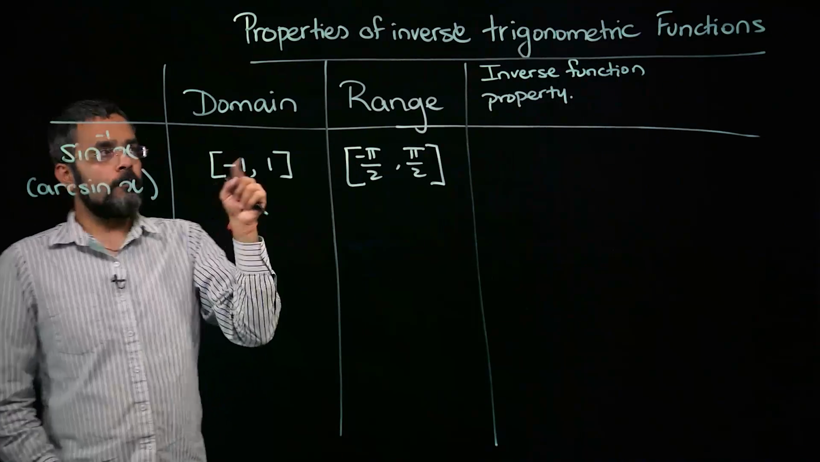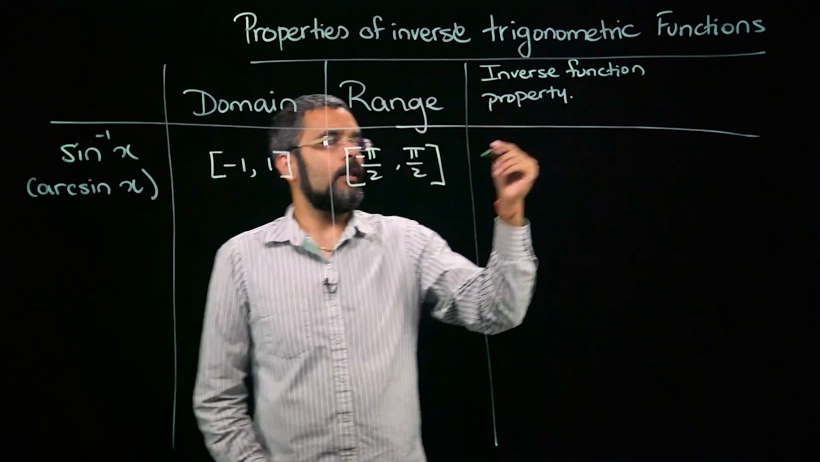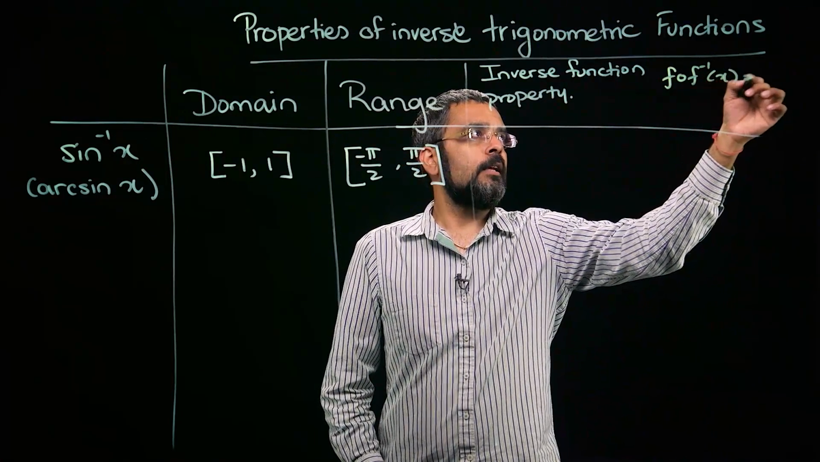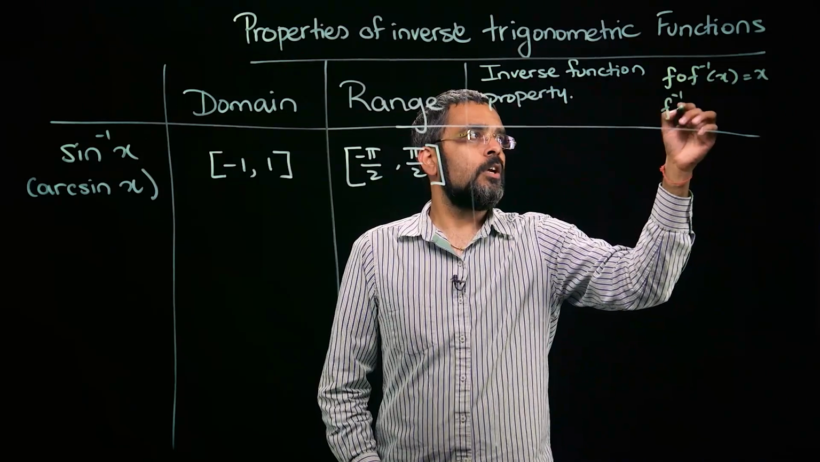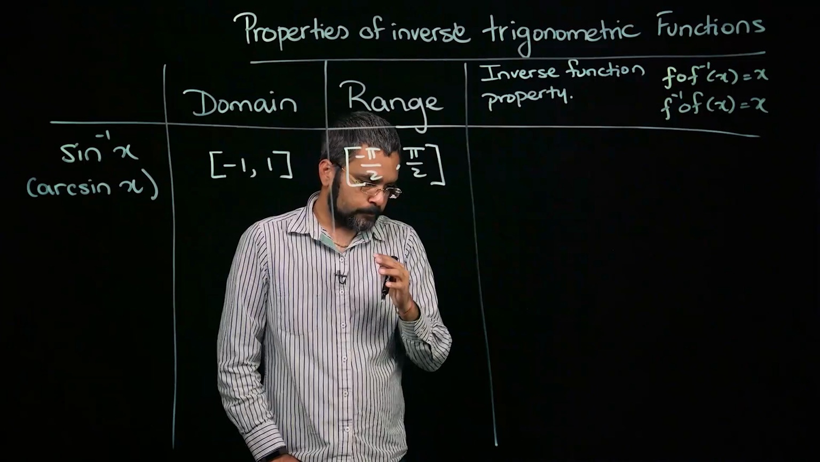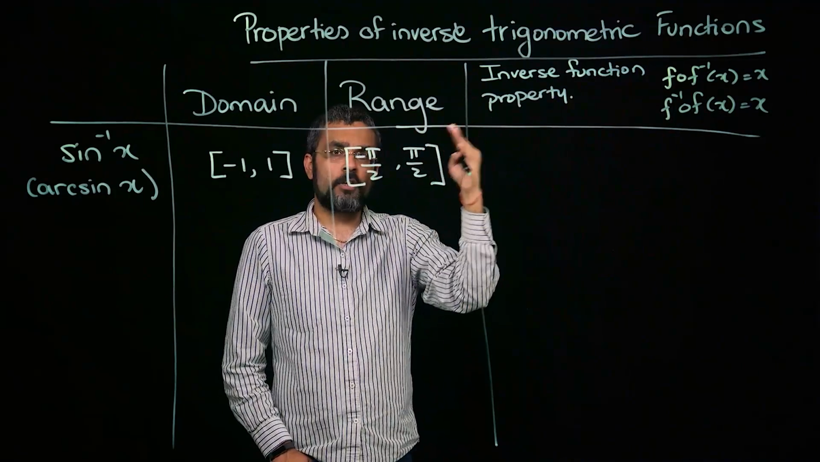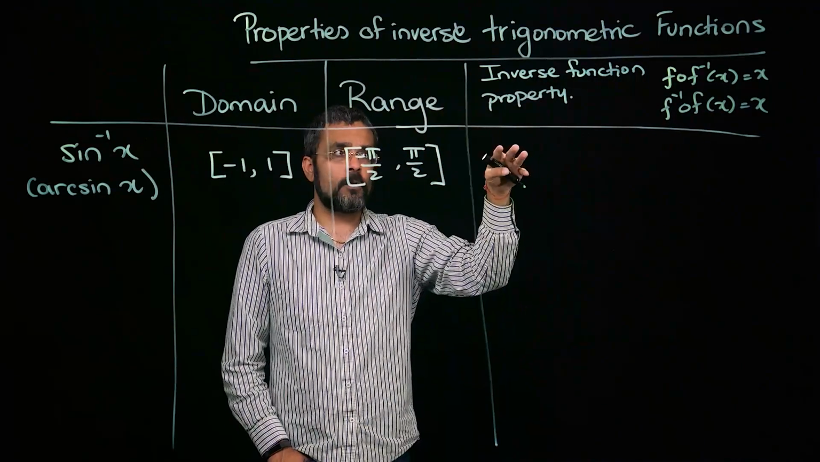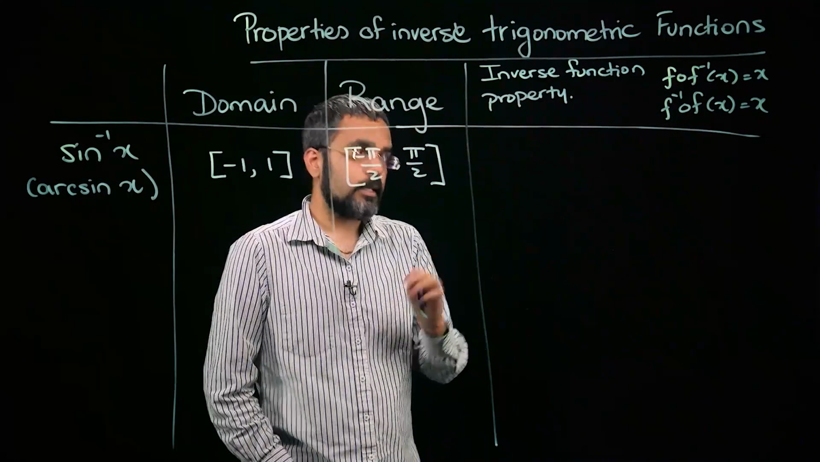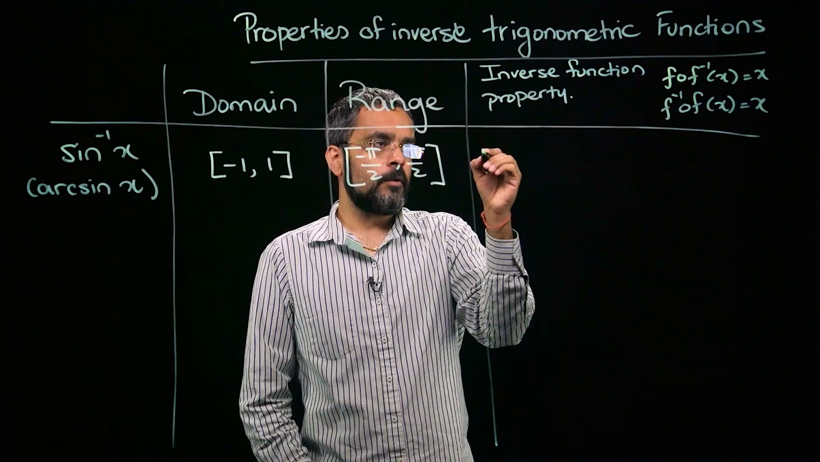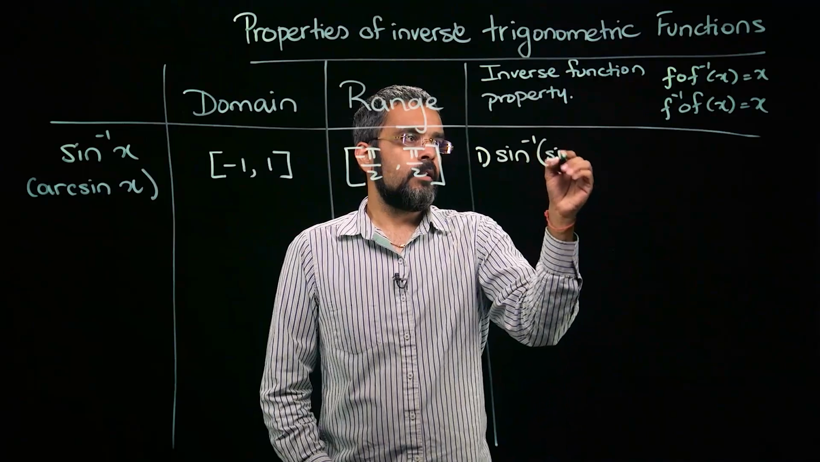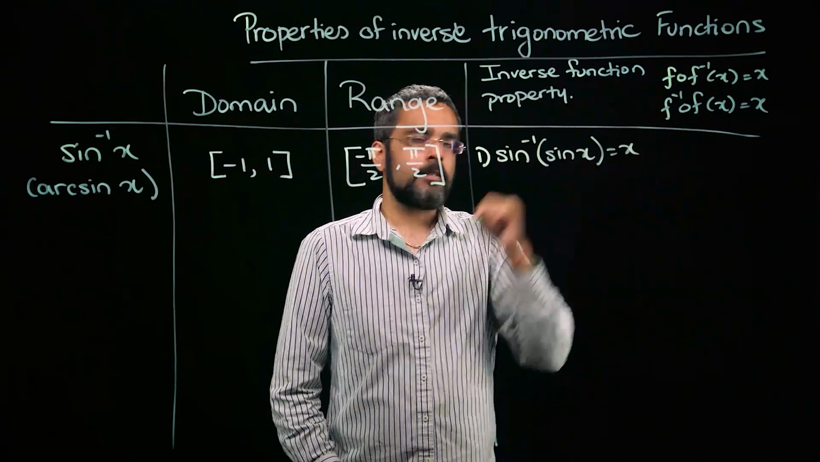Now, inverse function properties, if you remember, there were two. We had f of f inverse of x equals x, and f inverse of f of x equals x. That is, if we combined our inverse function and the function, did a composition of those two, we will always result in x. What would that look like in this case? We have sine inverse, so sine inverse of sine of x is equal to x,